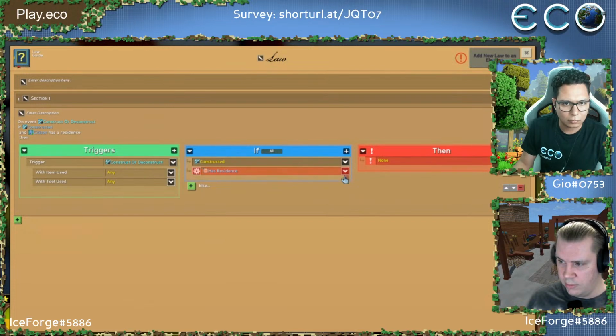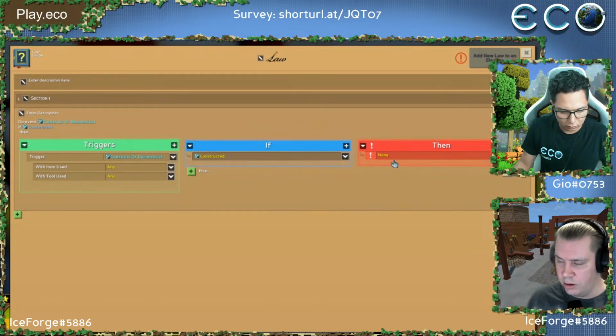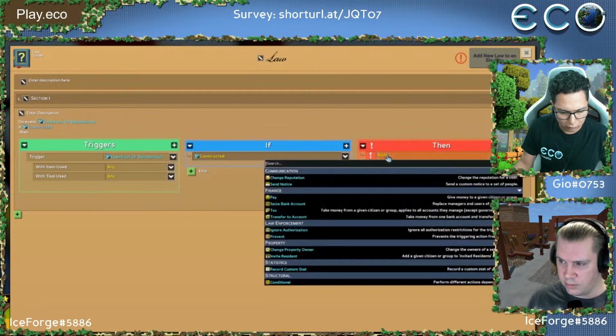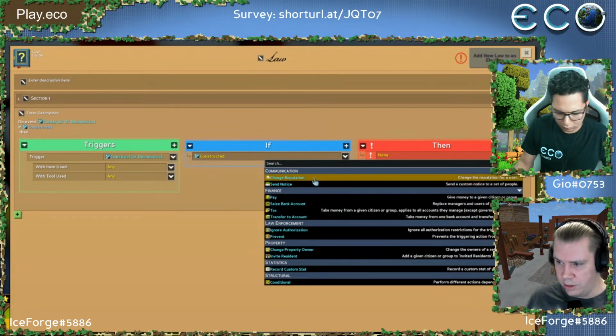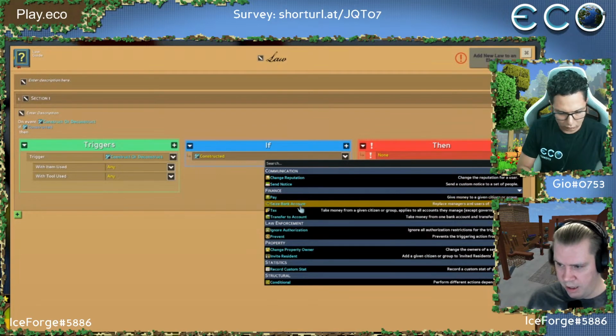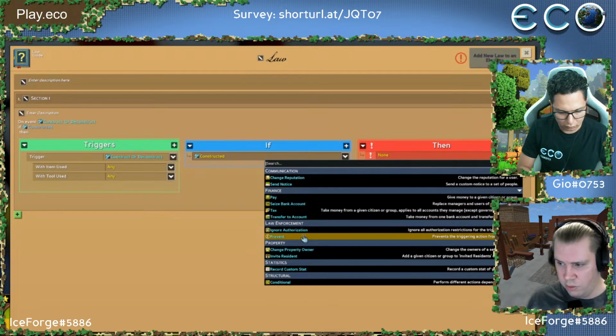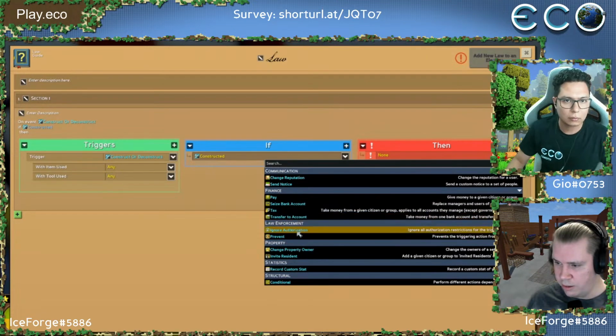And sort of extend this out to whatever kind of requirements or inclusion you want, if it's in a district or if it's a certain demographic, if you have a certain skill set. And then we can do something like change reputation, pay, tax, prevent, ignore auth, and do all kinds of fun things with